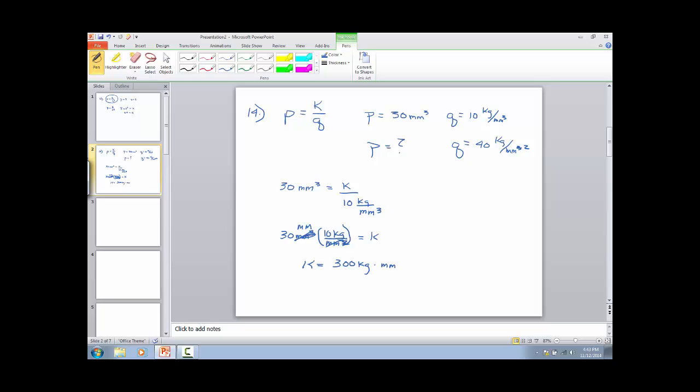Alright, now let's solve for our new equation. P equals, and we've got our constant, K is 300 kilograms millimeters, over 40 Q, 40 kilograms per millimeter squared. P will then equal 7.5